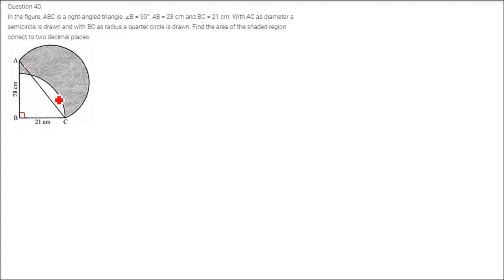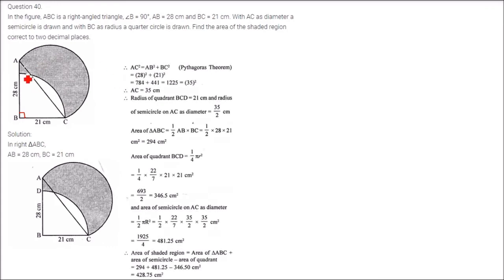BC, so there is a semicircle, and also with AC, a semicircle is drawn. So BC and AC both have a semicircle on it. Find the area of the shaded region correct to 2 decimal places. So what we have to do is, first, we'll try to find out the area of